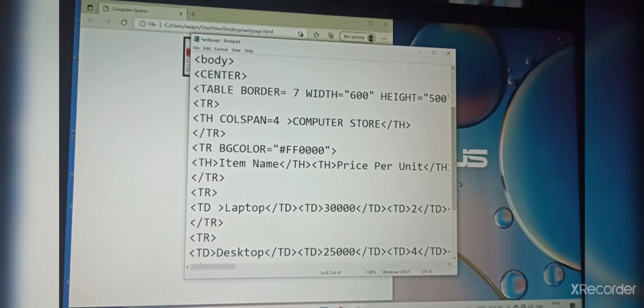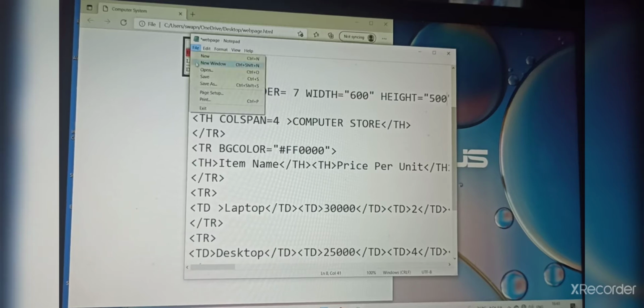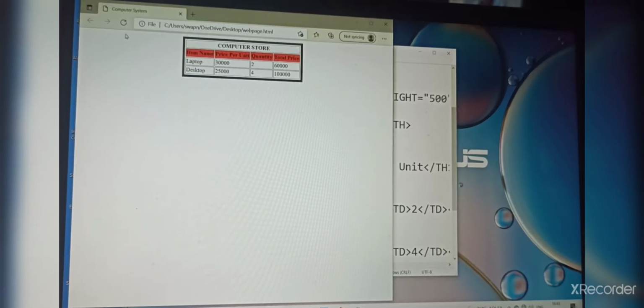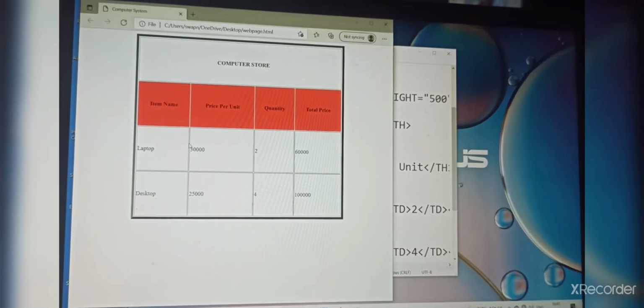Now we will save this. Now you can see, can you see? Yes, the width and the height of the table have changed. So it is nothing but adjusting table size. Like this you can adjust the size of a table.